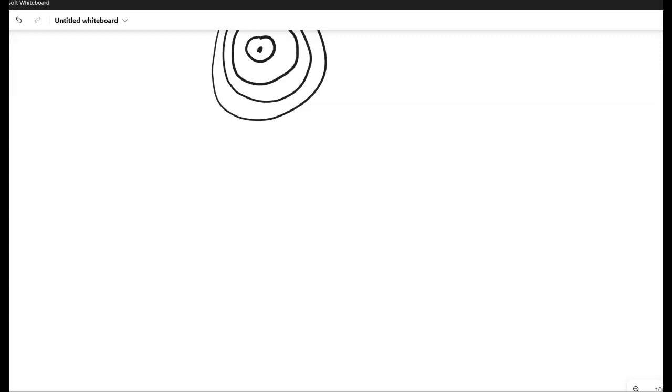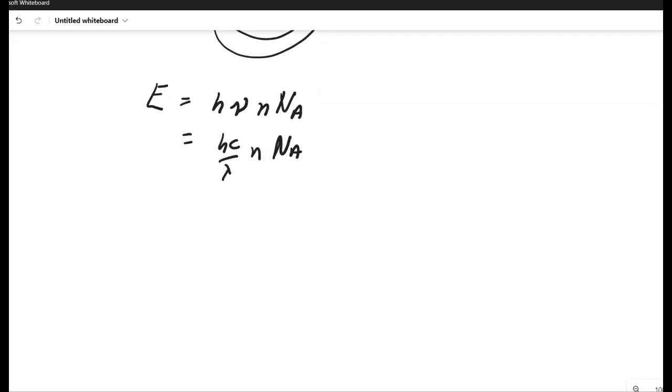Question number 5 says a mole of Einsteins. That's a mole of photons, rather, is called an Einstein. And we have 3 Einsteins, which means 3 moles of photons. And we want the energy. So energy is equal to h times nu times number of moles times Avogadro's number. You can also say that this is equal to hc over lambda times number of moles times Avogadro's number. So when you do this one, you're going to say, okay,